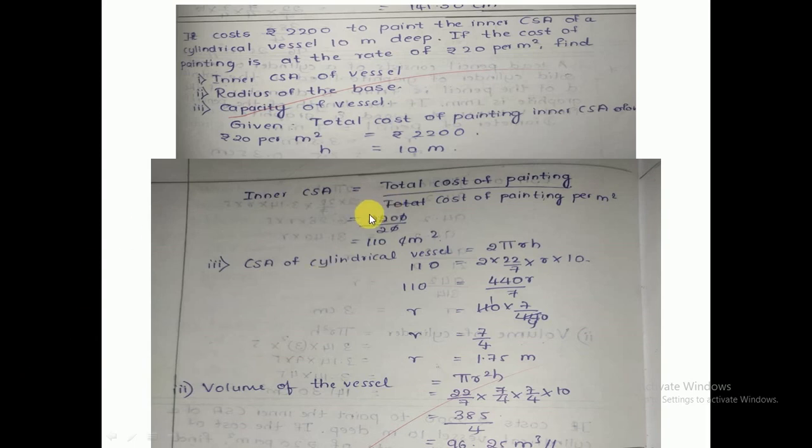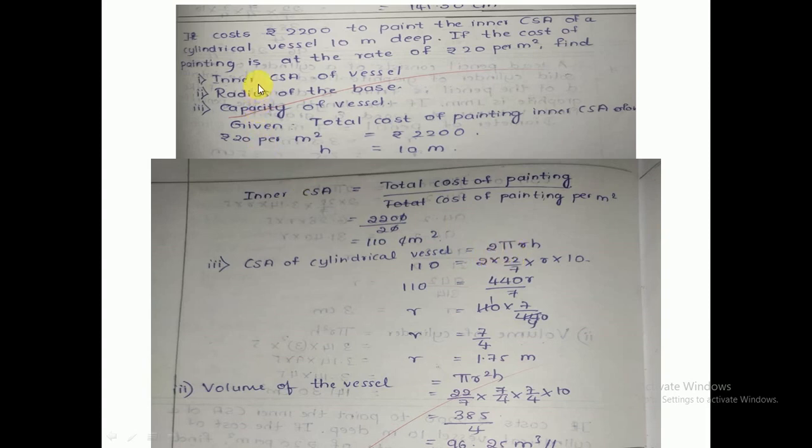So how can we find out the inner CSA of the cylinder? That is total cost divided by cost of painting per meter square. 2,200 divided by 20. So here we got the inner CSA 110 meter square. Got the idea? This is 110 meter square, not centimeter square. Next,